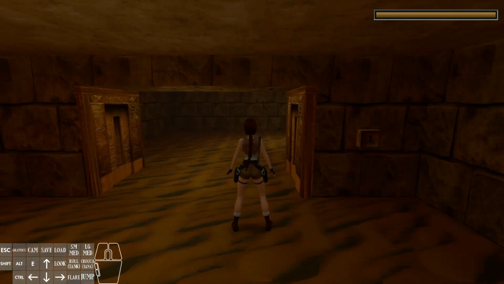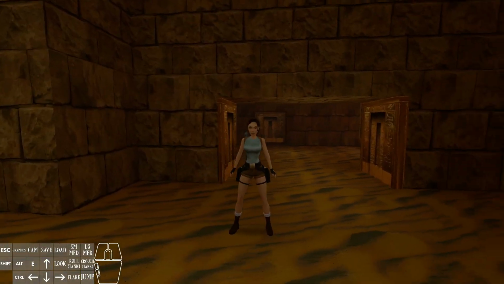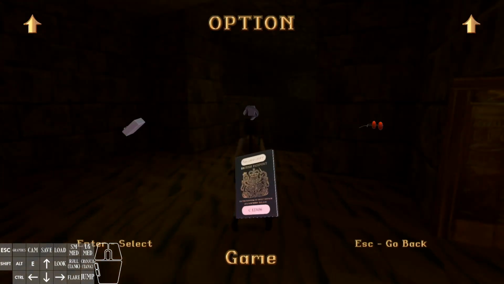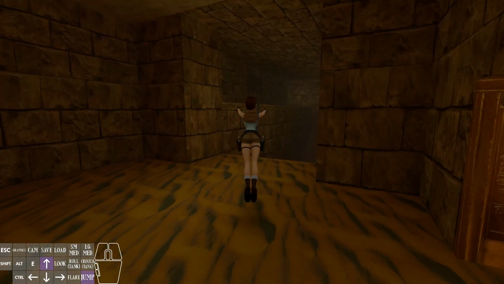Lovely. What you're going to do for Obelisk is you're going to do a running jump and continue holding forward for just a second afterwards, like that. Then you want to turn the camera. I like to use the visual of Lara's head on the door. Pull out your guns twice, just tap it very lightly. Now this jump, you're going to...